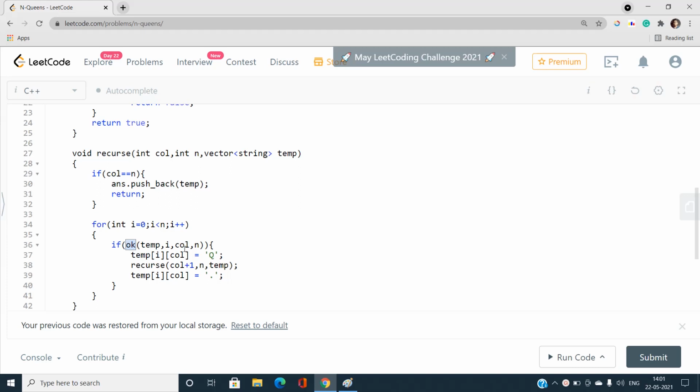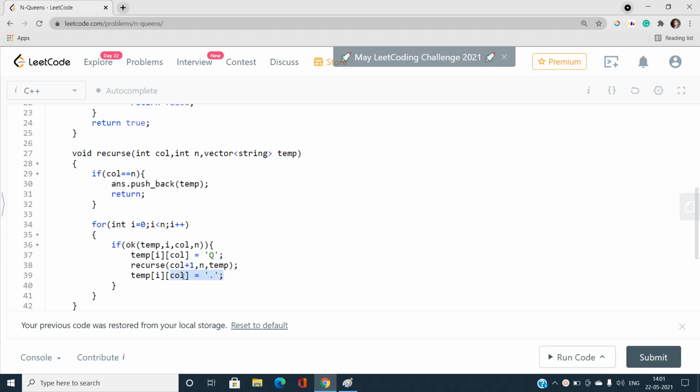It is going to check that, and if it is okay, I'm going to place this queen at this position and recurse for the next column, column plus one, as you can easily see.